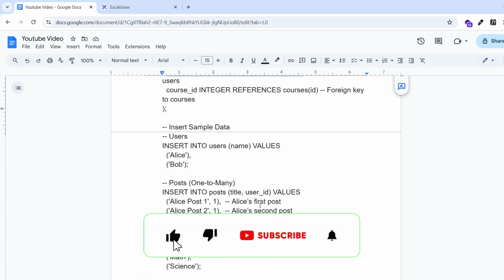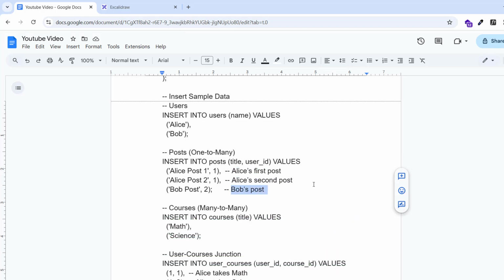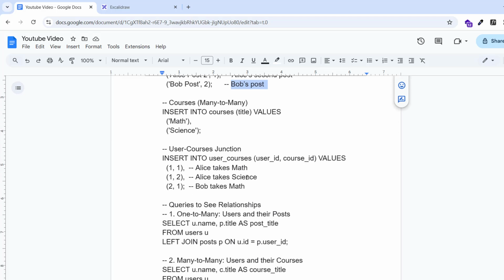So one to many relationship: Alice first post, Alice second post. So one to many, okay, and Bob first post. And many to many relationship, what is happening? Alice takes math, Alice takes science, Bob takes math. So actually, what is happening? Alice takes two subjects, and two subjects will be taken by